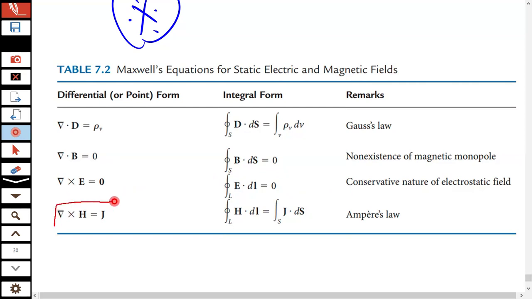Then Ampere's circuital law for magnetostatics can be written with only current density, which is conduction current density J vector, no displacement current density because these are not time varying fields. So del cross H is equal to J vector is the Ampere's law for magnetostatics. And in the integral form, we have closed line integration H dot dl is equal to current enclosed, where current enclosed can be written in terms of current density as surface integration of current density. So these are the four equations of Maxwell's for static electric and magnetic fields.